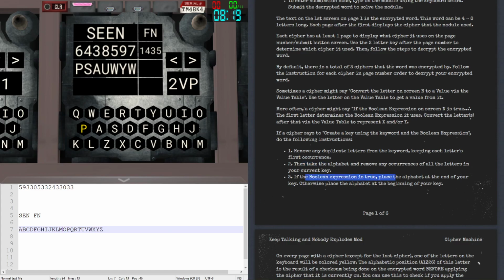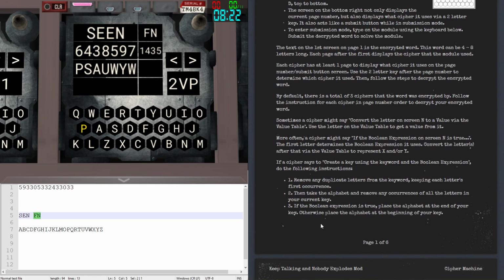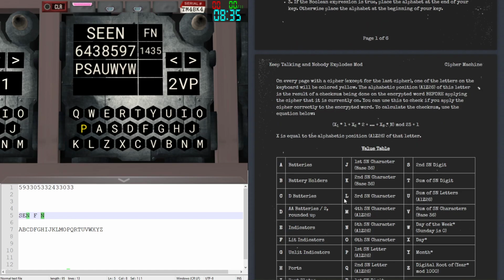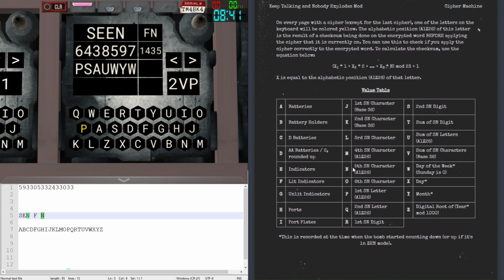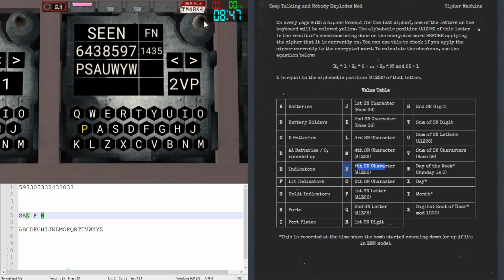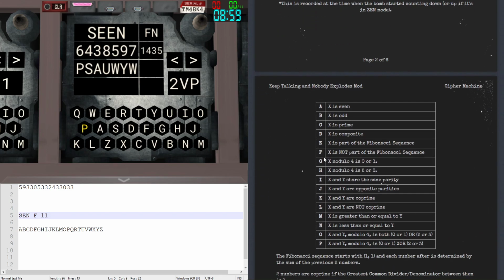Next up, if the Boolean expression is true, which is talking about this, how do we evaluate a Boolean expression? Well, here the first letter determines the Boolean expression it uses, while the letter or letters after that, you have to convert into a value using the value table. So if we look at N here for a second, which is going to be our value, it's going to reference the 5th serial number character, A1Z26. So it means A is 1, Z is 26. So K, kilo, is going to be 11. All right, so now we turn that into a number. All we got to do now is look at the Boolean expression it uses, such as X is not part